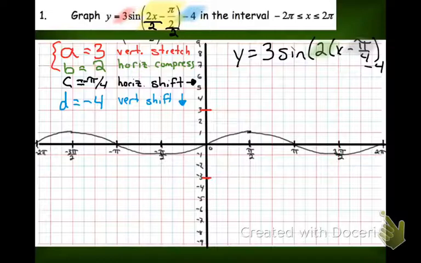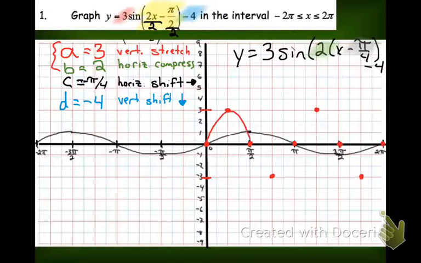So that means that at pi over 2, I'm not going to be at 1. Instead, halfway there, I'm going to be up at my maximum. So I'm still starting at 0. And now I go all the way up to 3, but I have to do it twice as fast. So up at 3, down to negative 3, up to 3, down to negative 3, and back at 0. So if I draw this in here quick,